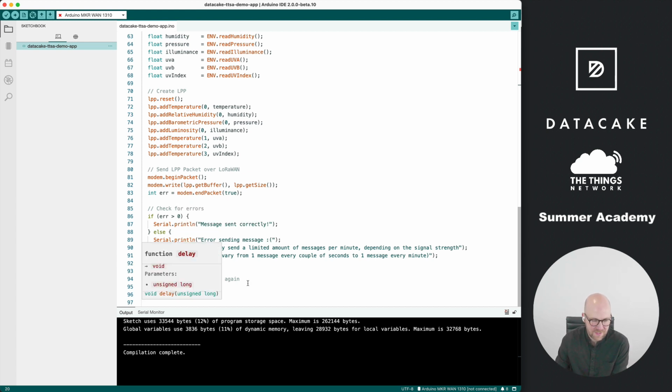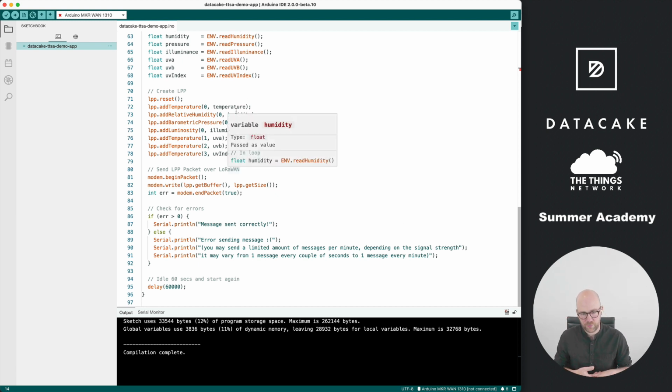We're waiting 60 seconds and then we are repeating all these steps once more, so that it's continuously sending out temperature, humidity, pressure, and all these things coming from the environmental shield to the LoRaWAN network server and to Datacake. So as mentioned before, this tutorial will not cover how you develop firmware for the Arduino device,